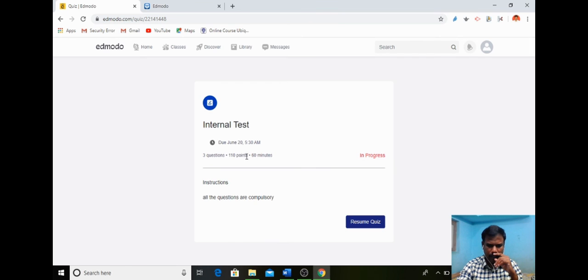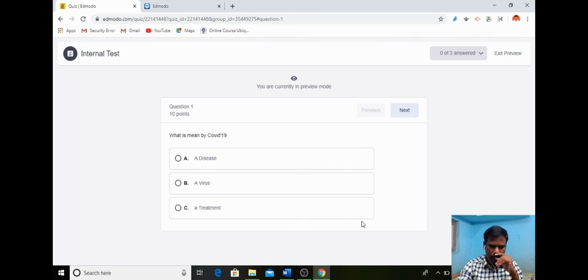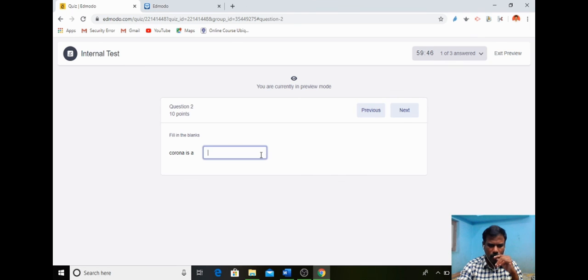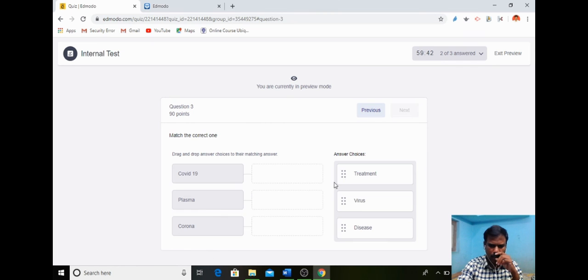Now this is 3 questions, 110 points, and 60 minutes is the time. So this is a preview. For example, the first question is 10 marks. Here, what is meant by COVID-19: disease. So I am using the next one. Corona is a virus. I am using the next one, and here I can match.